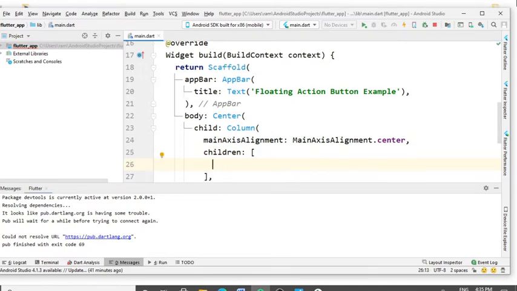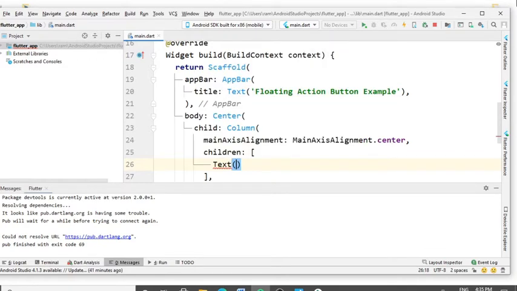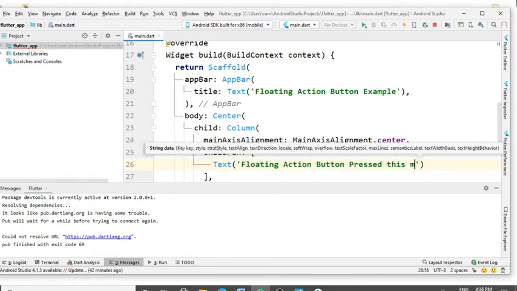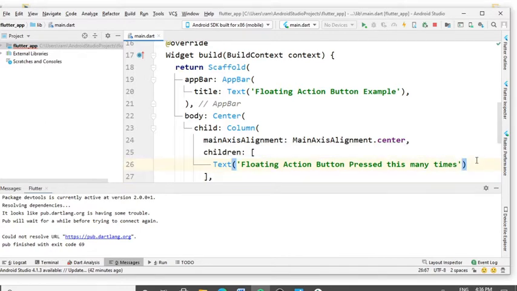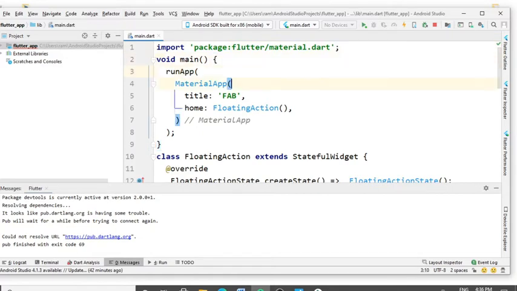Type the Text. Put the round brackets and the single inverted commas and type floating action button. Press enter a few times. Now I define the i variable here.